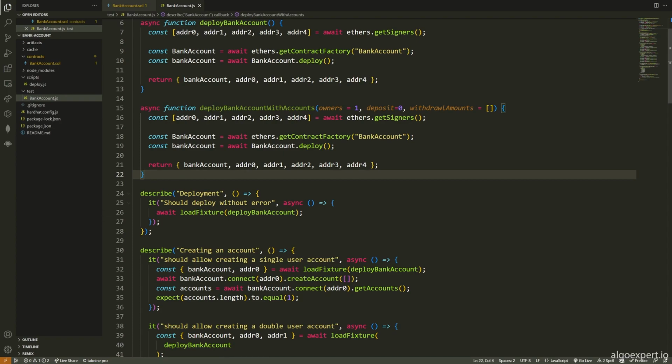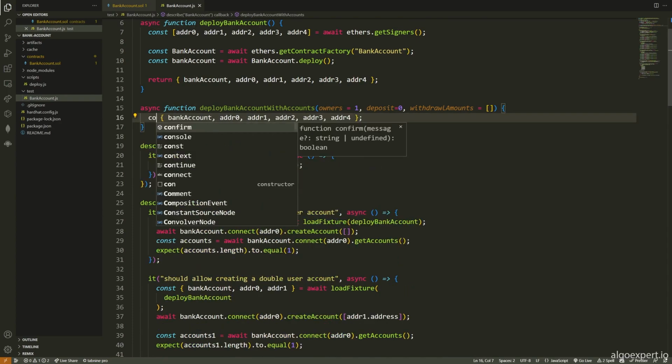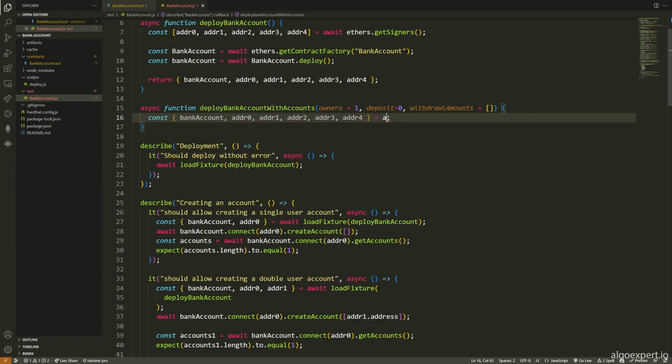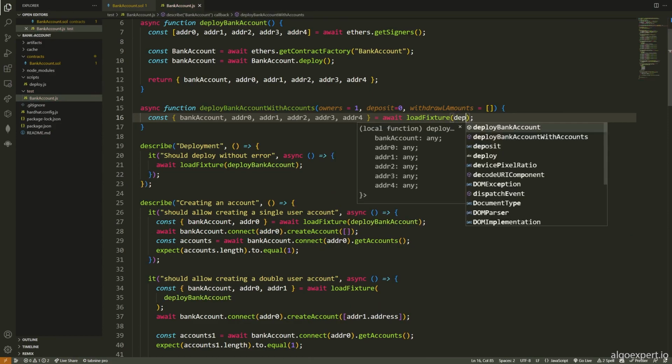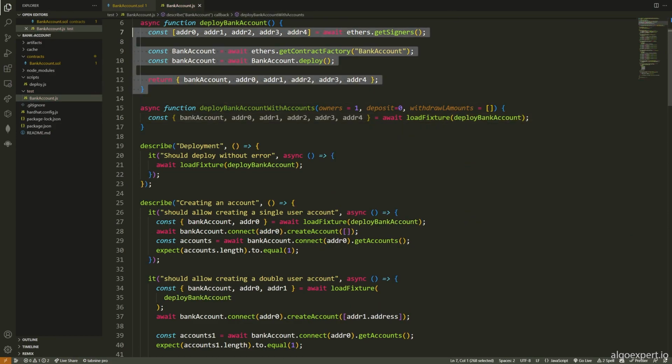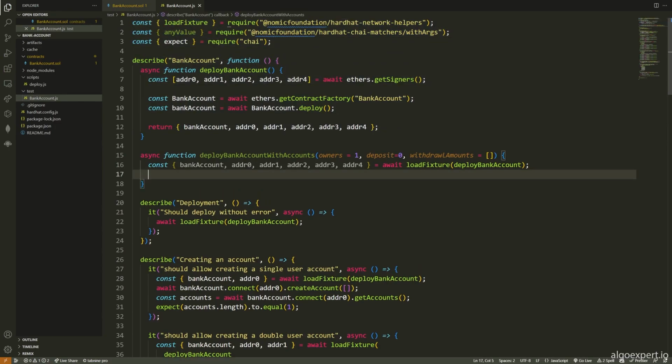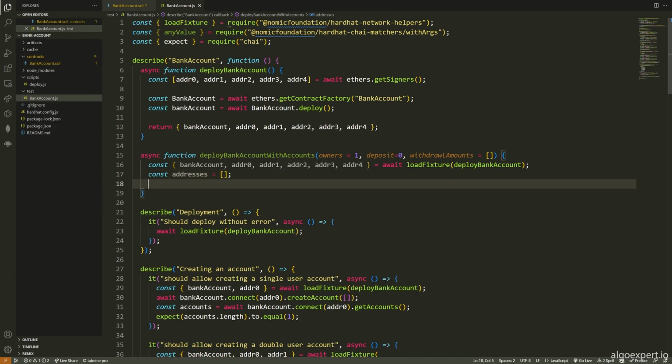So what I'm going to do here is say const like this is equal to, and I'm going to say await load fixture, and I'm going to load the fixture of deploy bank account. So I'm going to use this existing function to deploy the bank account contract. Now that I've done that, I'm going to create an account with the number of owners specified here that is passed to the function. So I'm going to say const addresses is equal to,